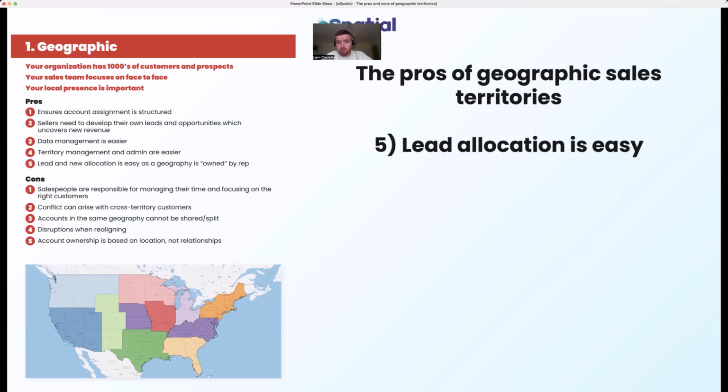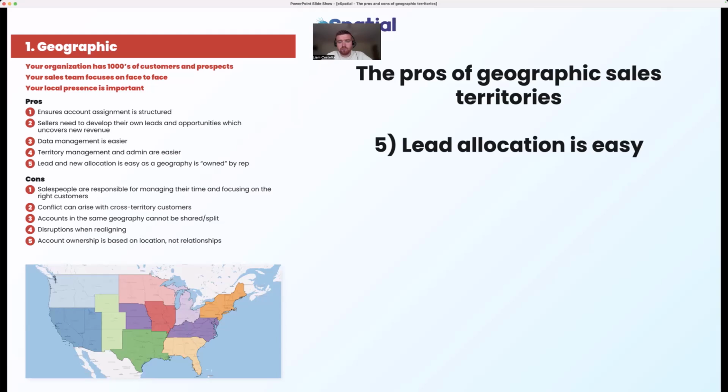Yeah, the fifth one. I think this is the final one. It's really all about allocation. If new leads come on board, new prospects, or even customers, we can overlay them on top of the geographic territories, and we can easily view and manage the allocation. So if, let's say, 10 leads have come on board overnight, we can see where they are on the map and we know exactly which rep has the ownership of them. Yeah, exactly.